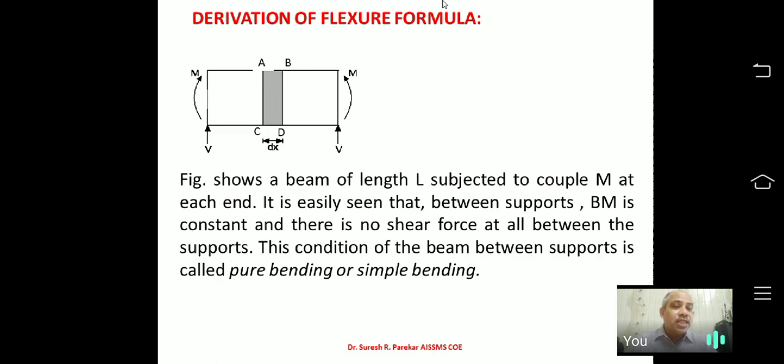But if we go to the second part, I have final as 200 and initial as 100. So we have 200 minus 100 divided by 2, and I get the shear force as 50 kilonewton. So in this way, when I talk about flexure, we have only bending moment. My bending moment should be constant in that portion, and we do not have any shear force. That condition is known as pure bending or simple bending.